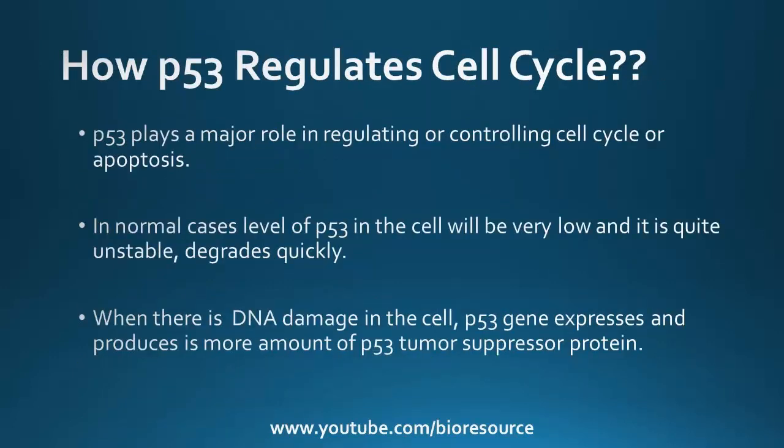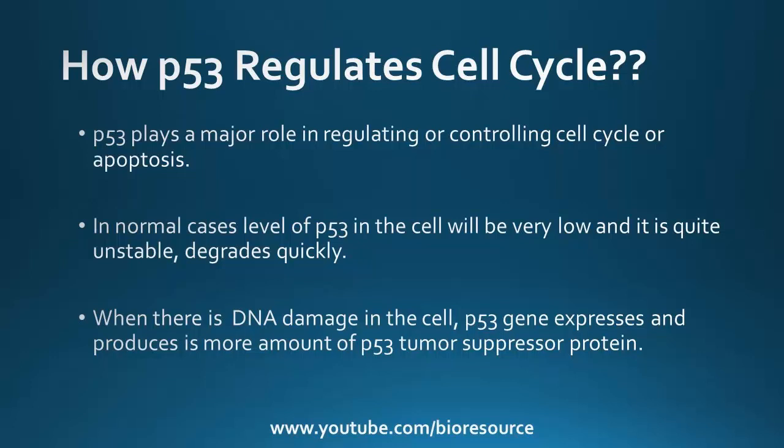Let's see how p53 regulates the cell cycle. p53 plays a major role in regulating or controlling the cell cycle or apoptosis. In normal cases, the level of p53 in the cell will be very low, and it's quite unstable and degrades quickly. But when there is DNA damage in the cell, the p53 gene is expressed and produces a larger amount of p53 tumor suppressor protein. So in normal cases, the gene expression of p53 is very low and it degrades quickly. But DNA damage triggers the gene expression of p53,